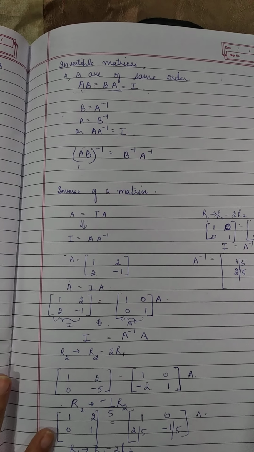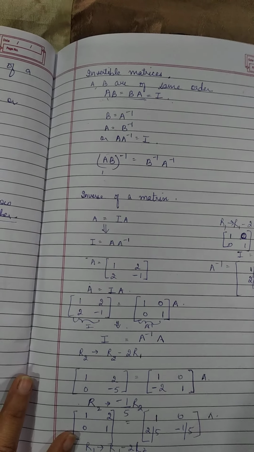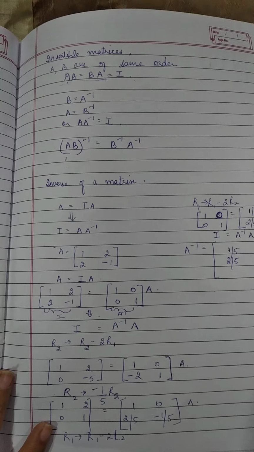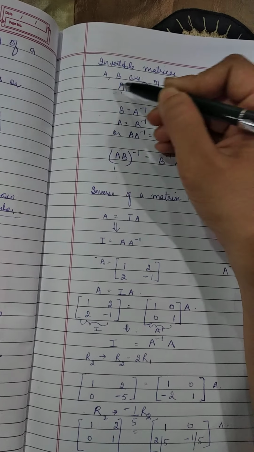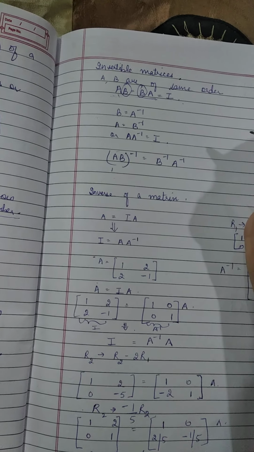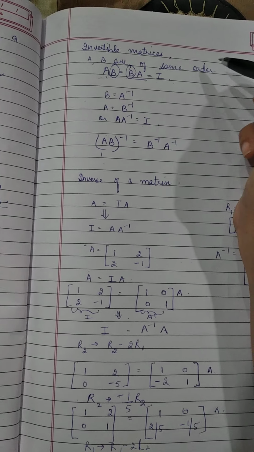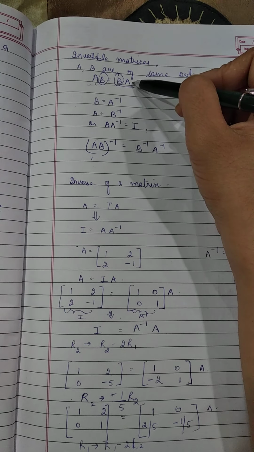But if the multiplication of two matrices A and B and their reverse multiplication, that is BA, comes out equal to an identity matrix I, then we say that B is an invertible matrix, right? So B is an invertible matrix, or simply we can say that B matrix is an inverse of matrix A,